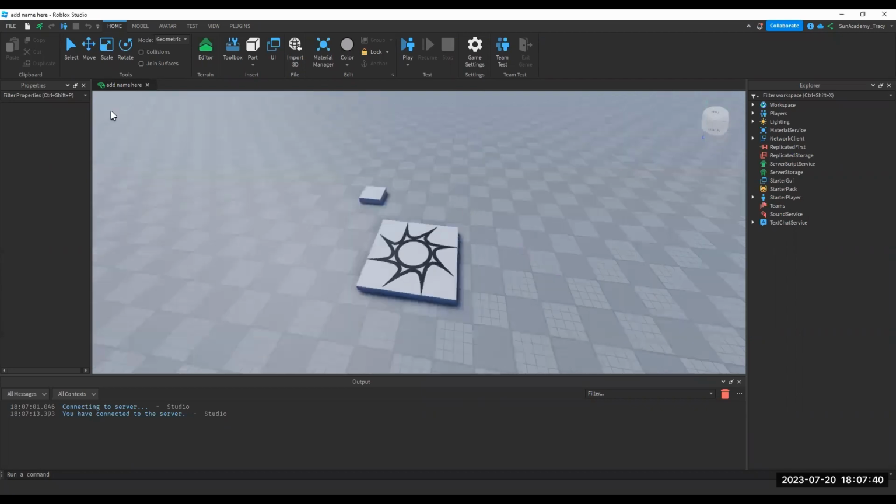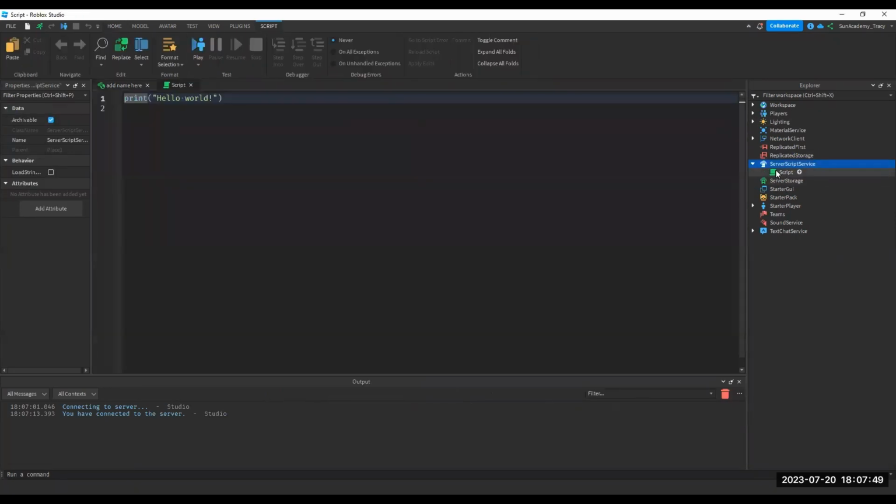Okay, so we're gonna be doing leaderboards now. So here we insert a script into script service, and let's call it leaderboard. And then we want to delete all of this. And we're gonna type in this service, so local players equal